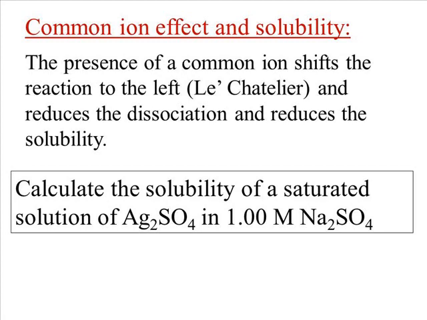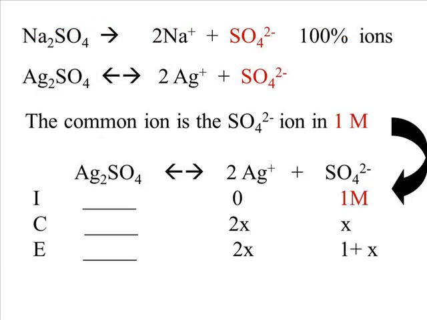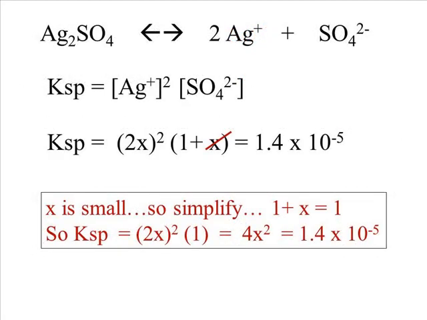So calculate the solubility of silver sulfate in 1 molar sodium sulfate. Set your problem up. Include the molarity of the sulfate ion that's coming from the silver sulfate. That gives you 2x, and then 1 minus x for your sulfate ion. Putting it into the expression for your Ksp, you'll be able to throw that x out and simplify. So your Ksp expression, throwing that x out and simplifying,